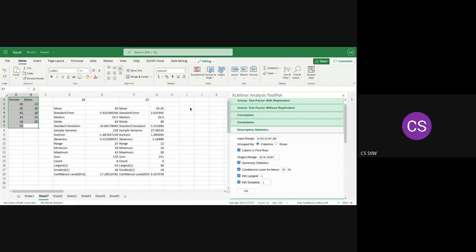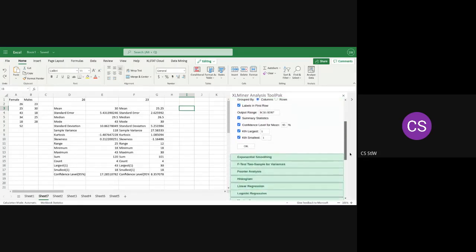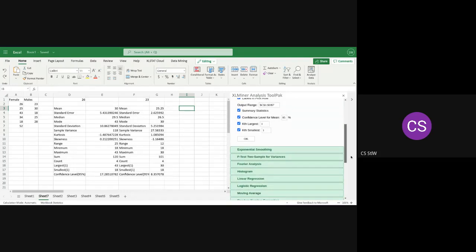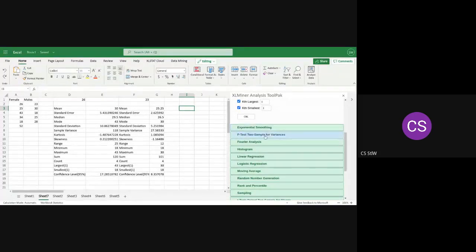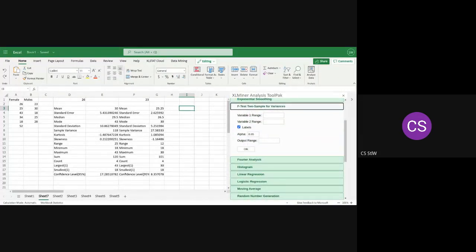We can still just use this interface. First in your XLMiner, go to where we have the F-test, and we have the two sample for variances. This one is comparing two values, testing that the variances are the same. You can see it gives us variable range 1 and variable range 2, so we are going to pick the range of the first